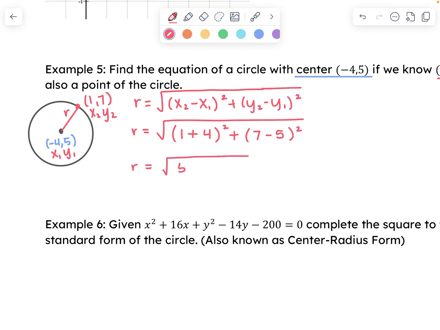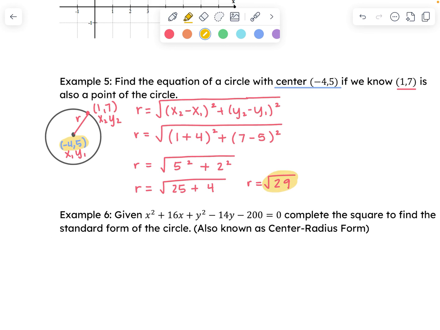So 1 plus 4 is 5. 7 minus 5 is 2. So if I have 5 squared, that's going to be 25. 2 squared is 4. So my radius is going to be the square root of 25 plus 4, which is 29. So now I know what my center is, I know what my radius is, and I can plug it